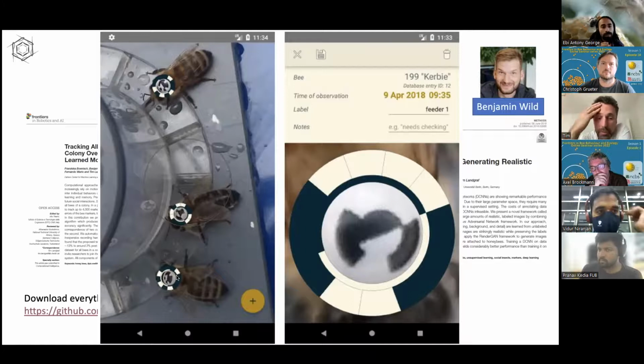Partly also because Ben is away, but we do have data recorded in Constance with Michael, which is or was a much different colony. So it had 3 stacked comb frames on top of each other, right? So a 3-frame observation hive. I don't know how many bees were in there. Michael, maybe you can add that, but so it's much different colonies, and I think Ben trained a model on that one too, but I can't tell you whether that is advanced enough to actually make something out of this.